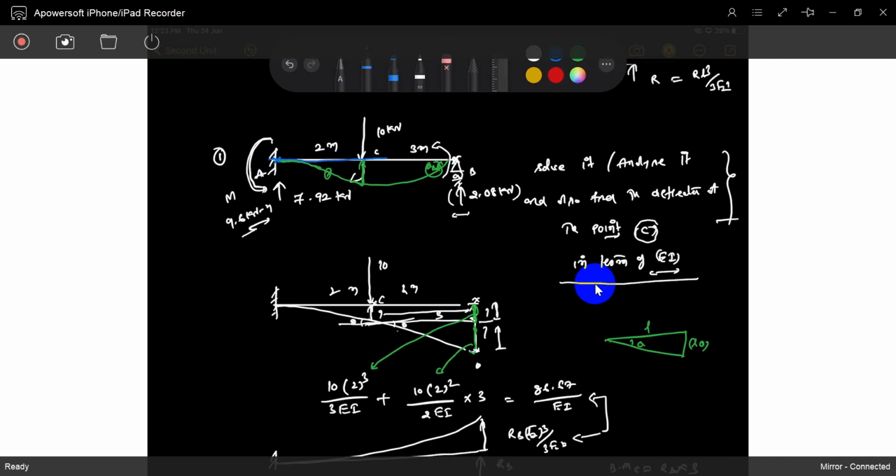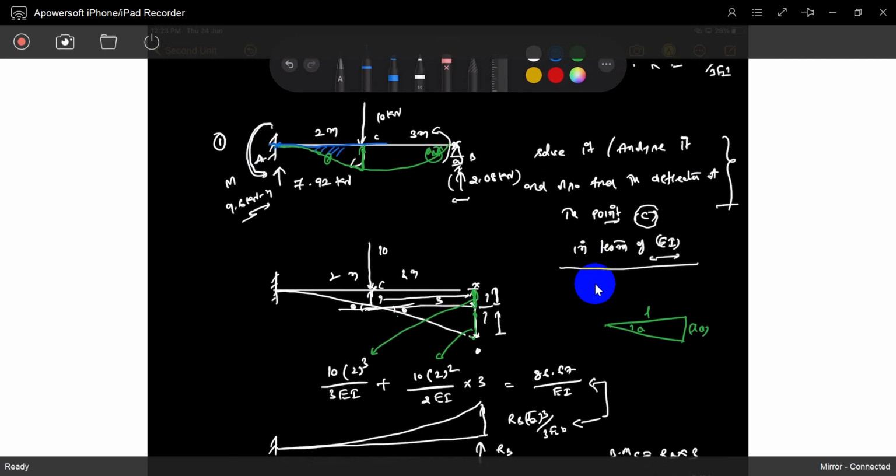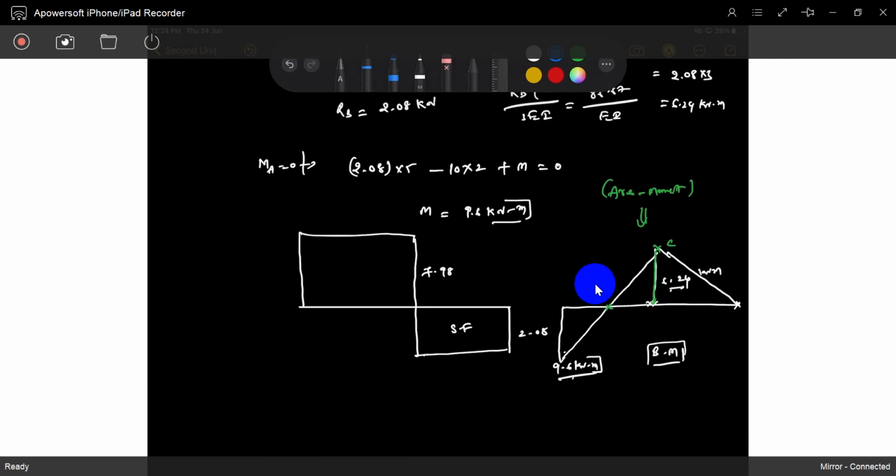Now if you draw a tangent, it will go through this. So the moment of the curvature diagram with respect to the point C will give the deflection of the point C, because you draw a tangent like this and it will pass through this. So that's it, you will get it. Okay, so now see it. This is a moment diagram. Moment divided by EI will give the curvature diagram.